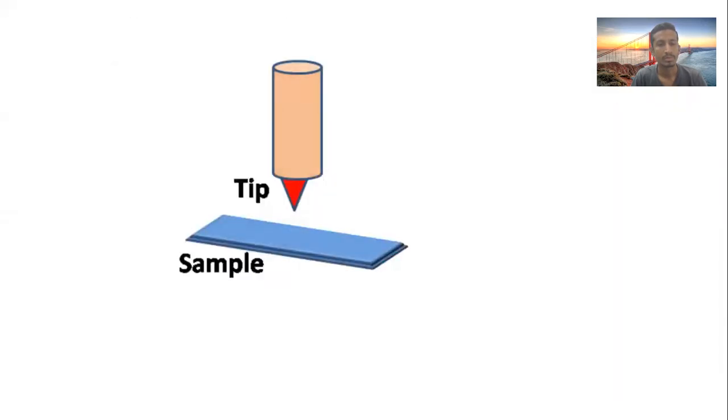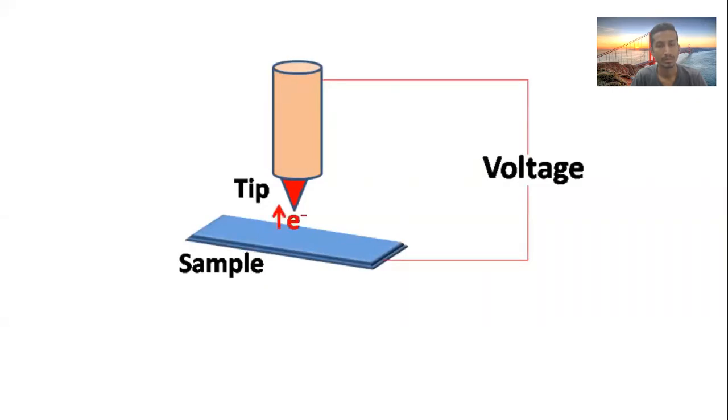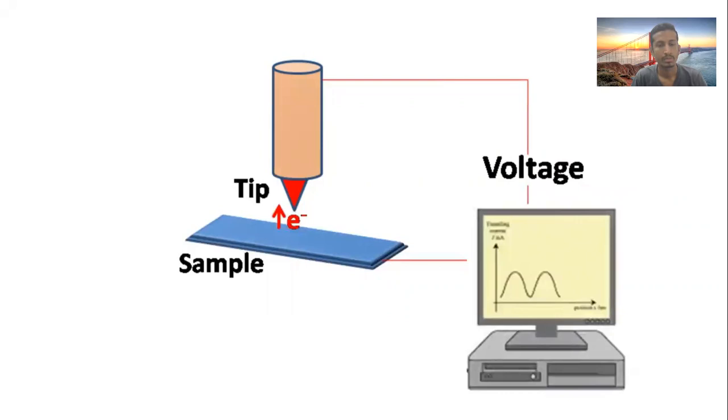When electric potential difference is applied between the tip and the sample, the electrons from the sample are tunneled to the tip. The small electric current produced by the tunneled electrons is amplified and sent to the computer. Based on the recordings of the tunneling current, the information about the surface of the specimen is known. The magnitude of the tunneling current obtained depends on the distance between the tip and the sample.